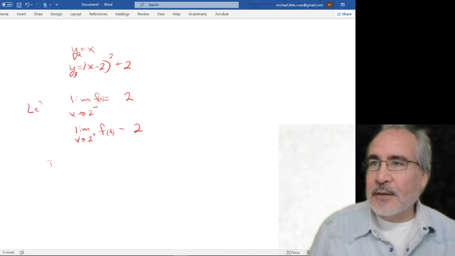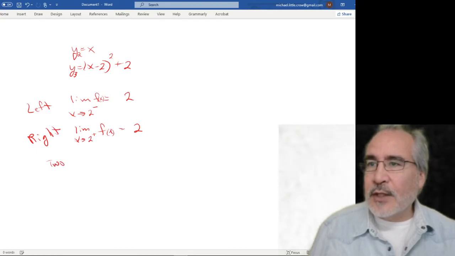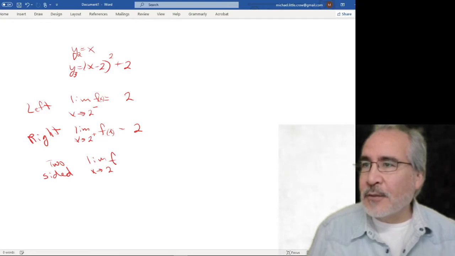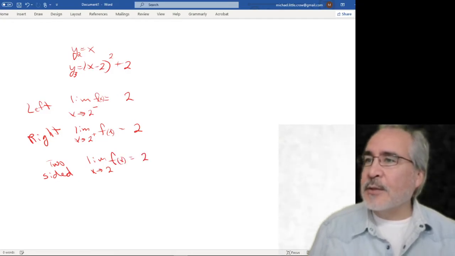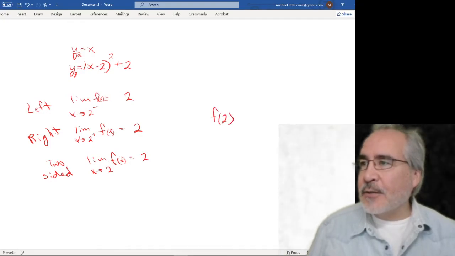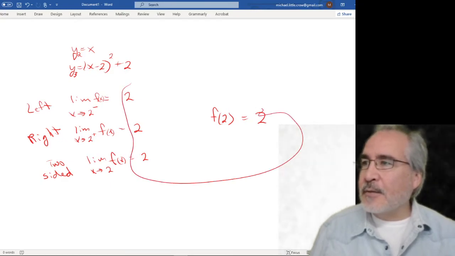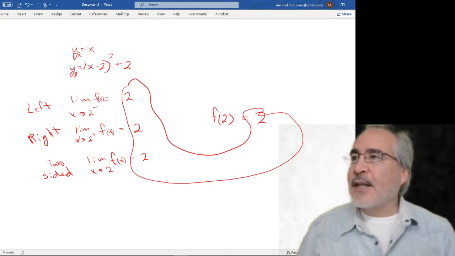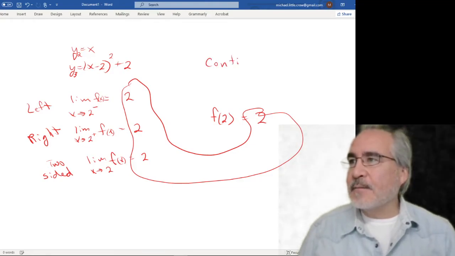So this was left, this was right, and this is our two-sided. We write that as the limit as x goes to just 2 with no little indicator on the left or the right. That's also equal to 2. Additionally, the function value at 2 equals 2. Since all of these are equal, this is a continuous